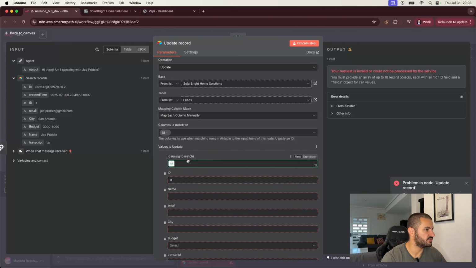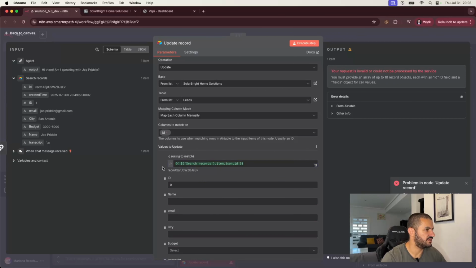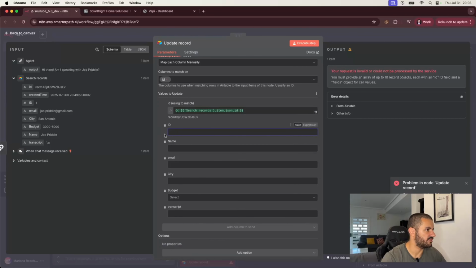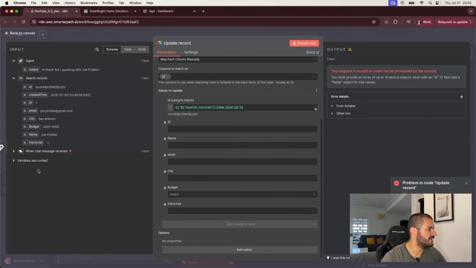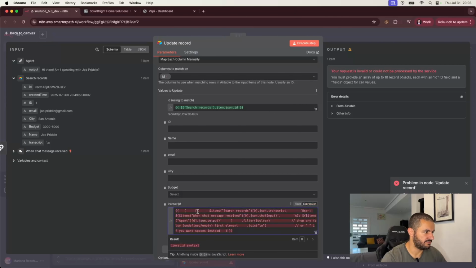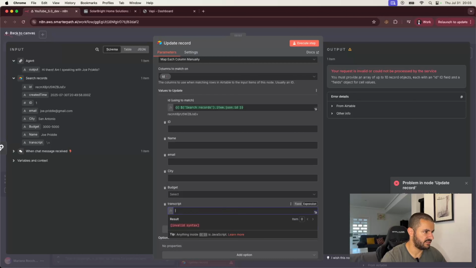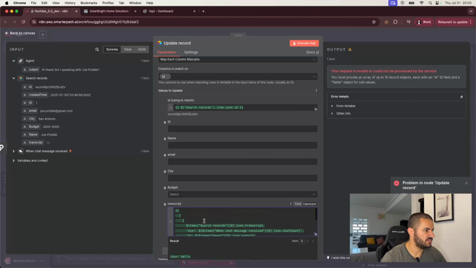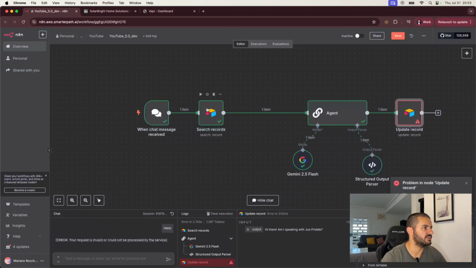We can do it with the ID as well. So let's do that. ID, we don't want to put as 0. We want to keep it as is. And now what we will do is on the transcript, we will add this formula created by ChatGPT as well, where if it's the first conversation, we don't want to add anything other than this. So here what we want to do is from search records, so the first node, which we should actually change the name of,